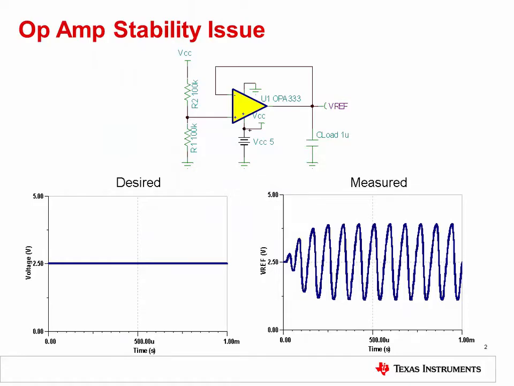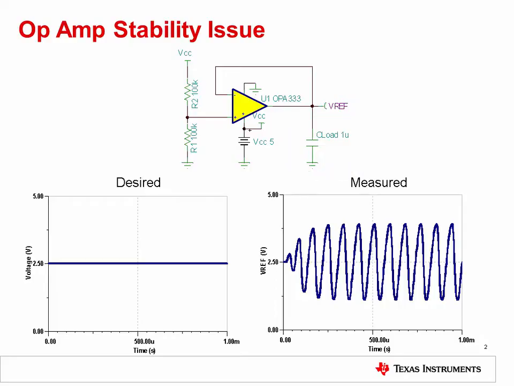Here is an example of what can happen if a circuit stability is not verified before going to production. An op-amp circuit that is unstable will have an unpredictable or unexpected output with poor transient performance. This typically results in large overshoots and ringing when changes occur on the input or load, but may also result in sustained oscillations.